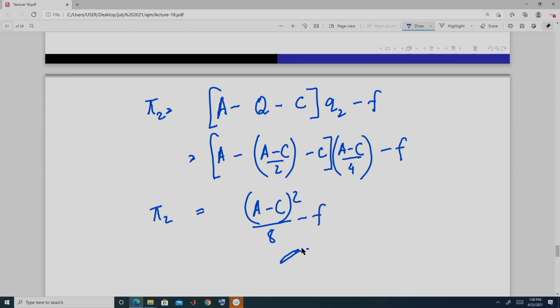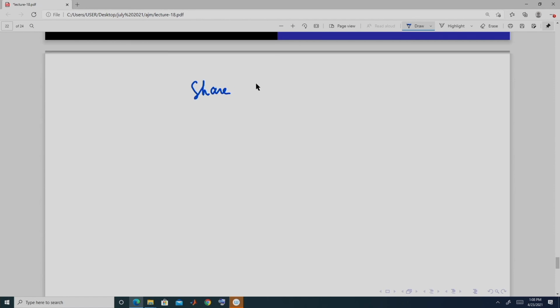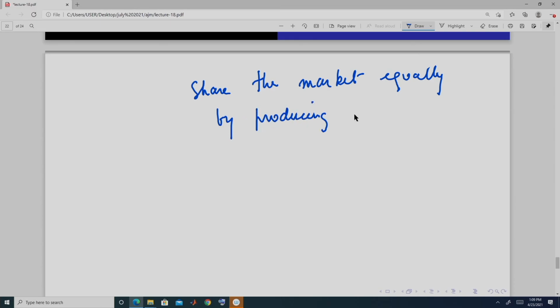Is this. Now, the question is whether they are going to play this Cournot kind of game or they are going to share the market equally. So, the question here is whether to share the market equally by producing monopoly output. So, this is one strategy, you can think,